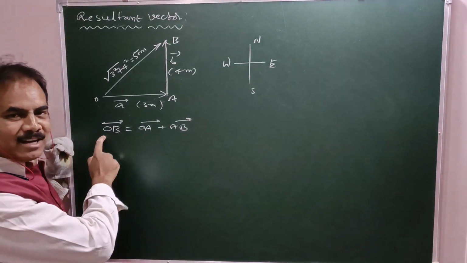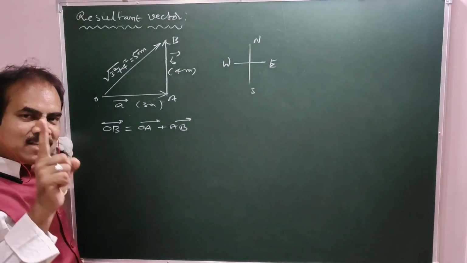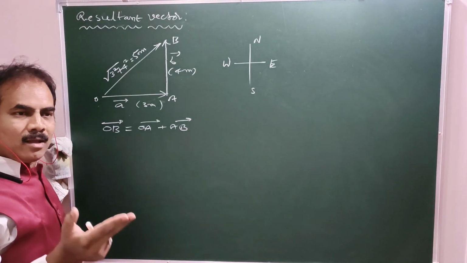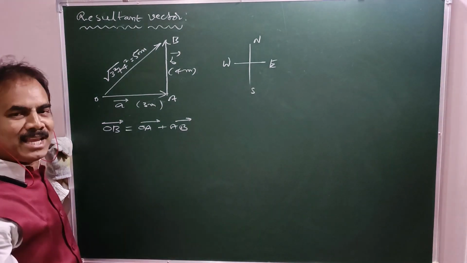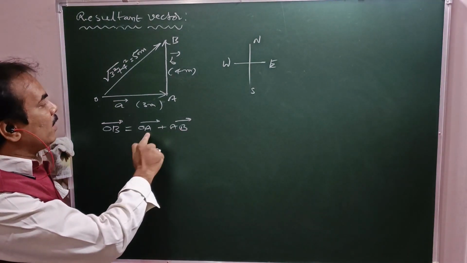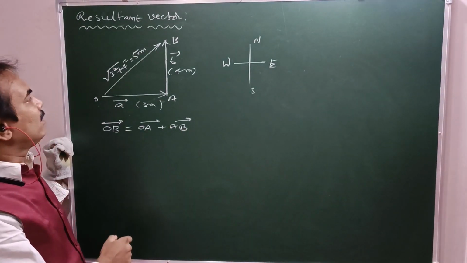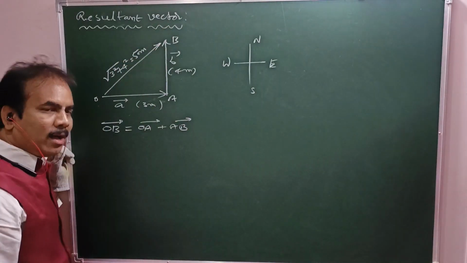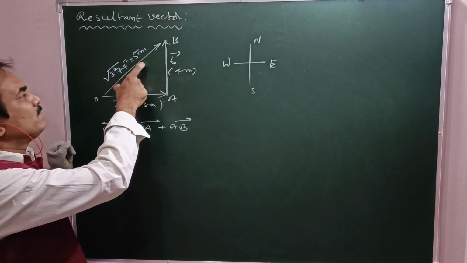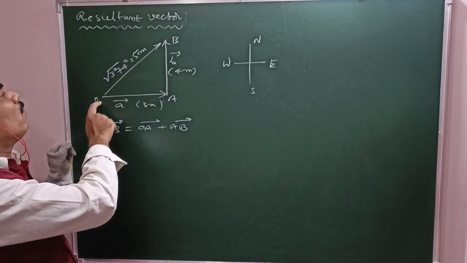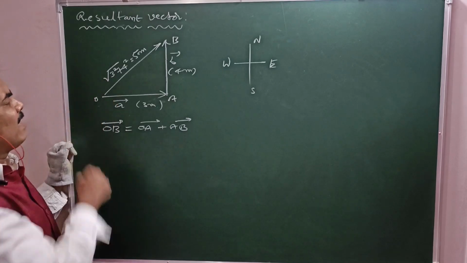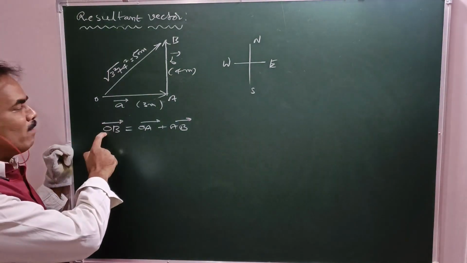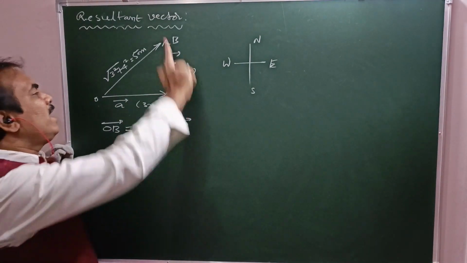What is the nature of resultant vector here? Resultant vector is always unique, which replaces all the given parent vectors such that to produce the same effect both in magnitude and direction as the effect produced by individual parent vectors together. That's what resultant. So that is the reason why OB bar equals OA bar plus AB bar. If the particle follows from O to B along this path, then also the particle can reach B instead of following this path. That is the reason why OB bar is the resultant of OA bar and AB bar.